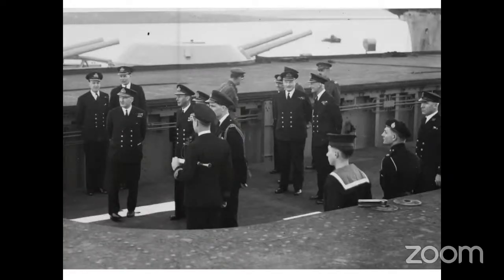Or a royal visit. This is His Majesty King George VI visiting HMS Victorious when she returned to the flow after her aircraft had attacked and crippled the German battleship Tirpitz in Kafjord, northern Norway. In front of the king, to his left as you look, is Admiral Sir Bruce Fraser, the Commander-in-Chief of the fleet, and with him are the Captain of the Fleet, the Commanding Officer of Victorious,